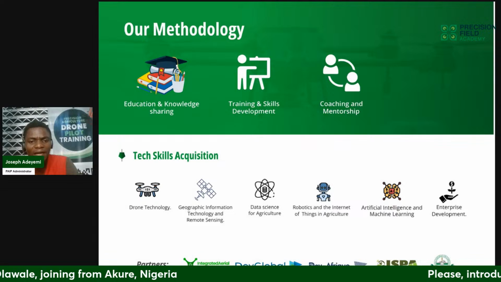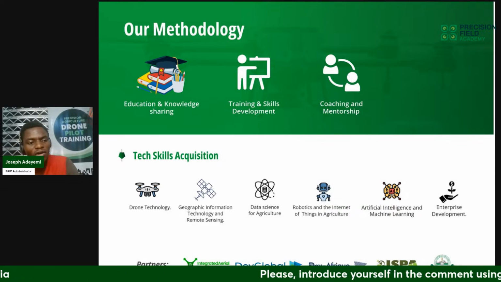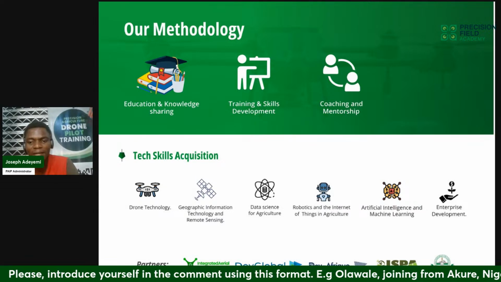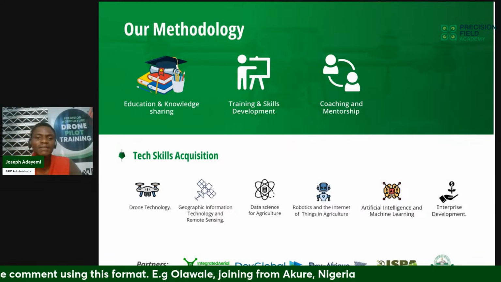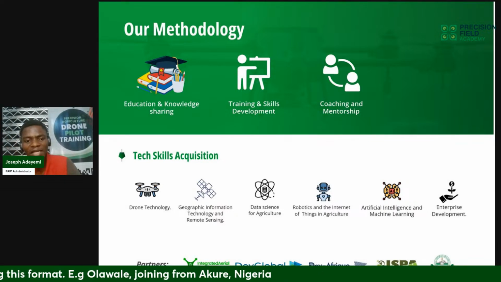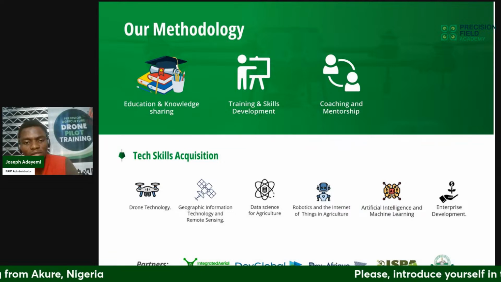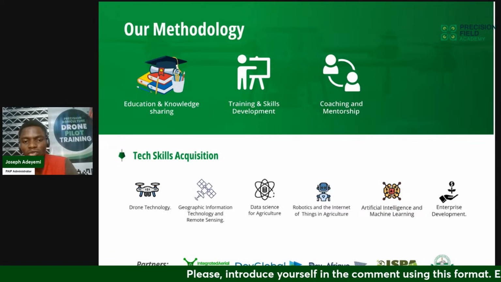So likewise in agriculture, we have different kinds of data you may want to collect: crop phenotyping, crop health monitoring data, crop growth rate, nutrient, plant size classification. So there are areas of data you can actually collect in agriculture, maybe as a plant scientist, plant researcher, crop physiologist, agronomist, or even a farm manager. So this can really help you to change your farming practices.